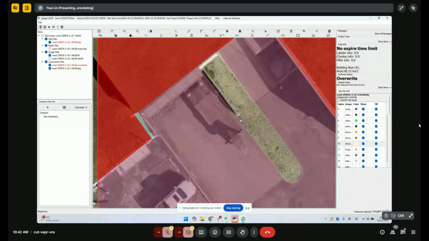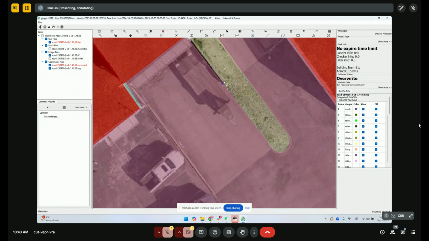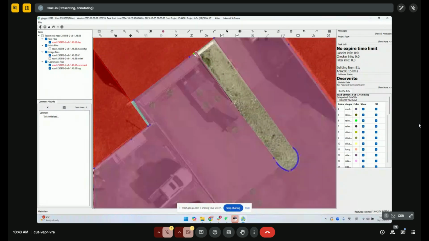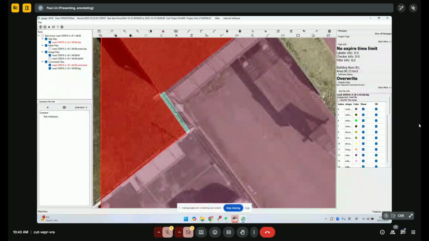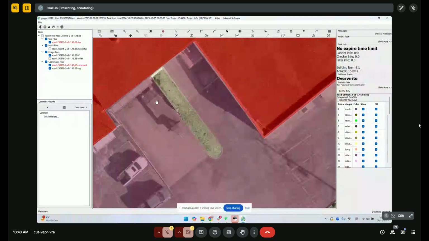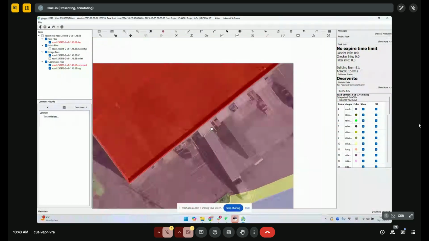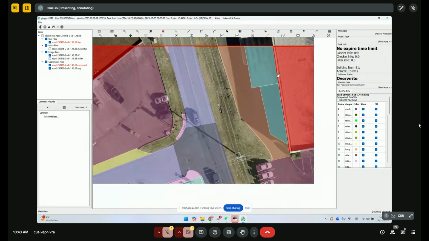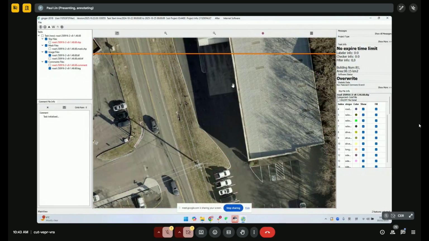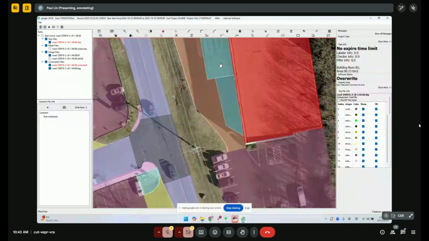Everything here, make sure you are on the boundary perfectly. So this is the requirement for this project. When you speak of it, it's not hard, but you have to be very, very strict and very, very careful with all the things you are doing.